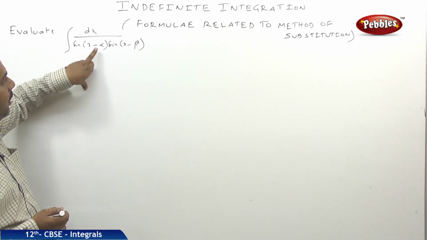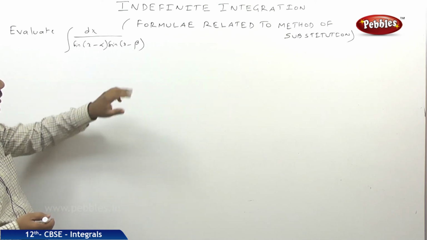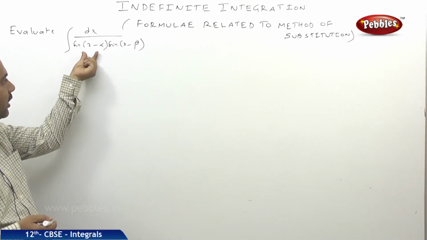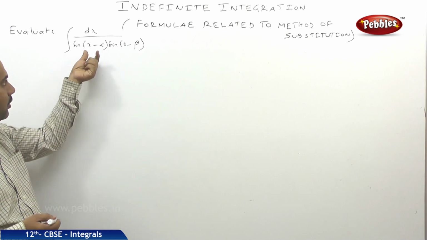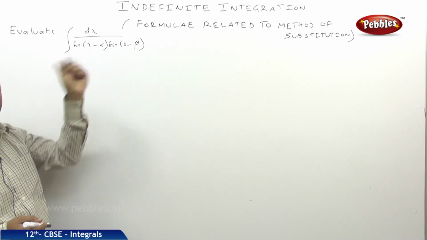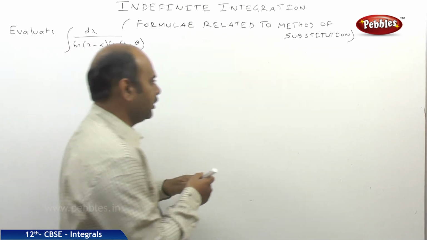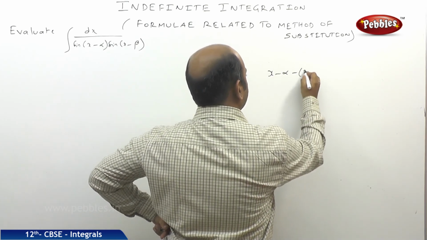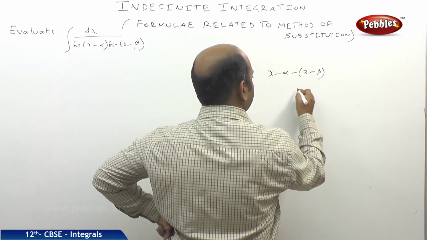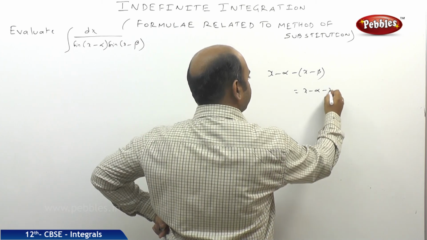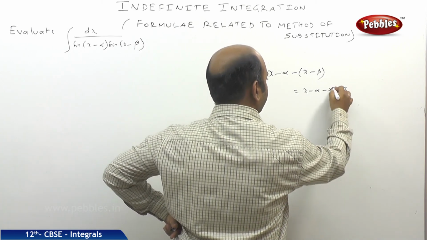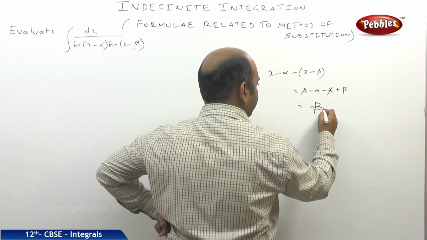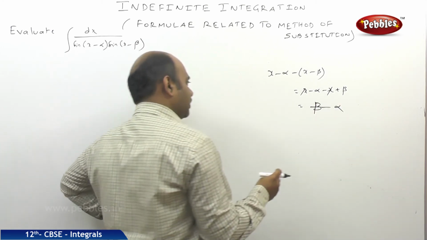Observe carefully: sine of x minus alpha, and here sine of x minus beta. You subtract these particular angles. That means you need to subtract x minus alpha and x minus beta. In rough I am showing, if I subtract, what is happening: x minus alpha minus of x minus beta turns into x minus alpha minus x plus beta. So what happens, it is becoming beta minus alpha.